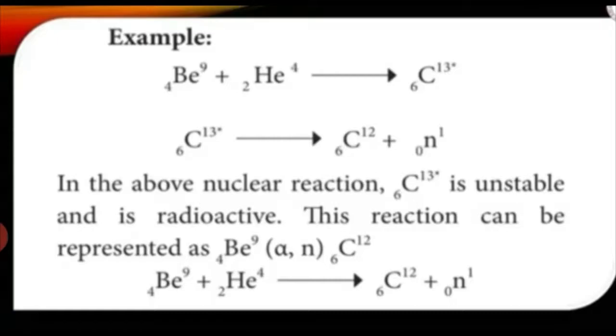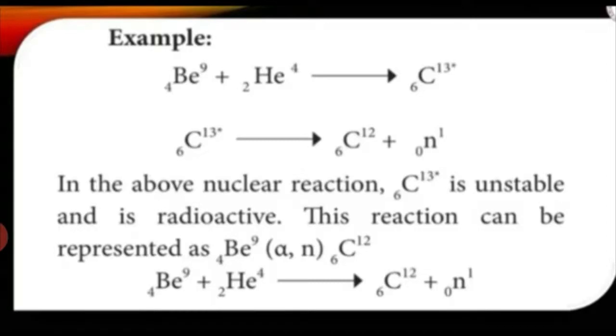Beryllium element. The atomic number is 4 and the mass number is 9 here, plus 2He4. What is He here? He means helium element. Atomic number is 2 and the mass number is 4, which gives